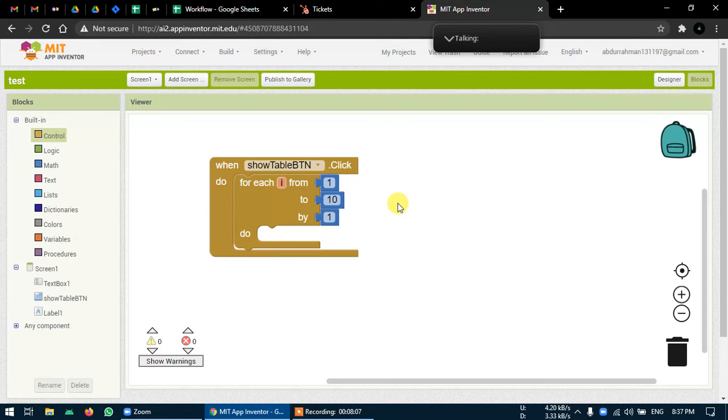Now we need to multiply those numbers. Suppose I write 2 in the text box, I must get 2 1s are 2, 2 2s are 4, 2 3s are 6, 8, and so on. That means we are multiplying 2 with 1, then 2 with 2, then 2 with 3.